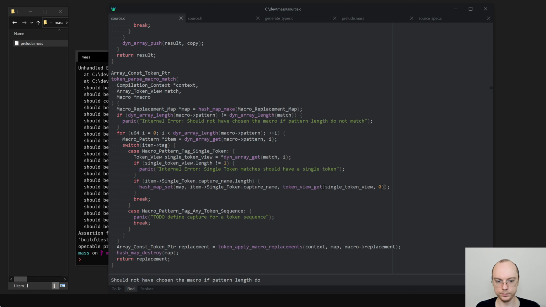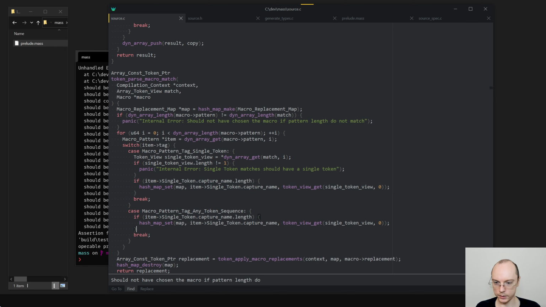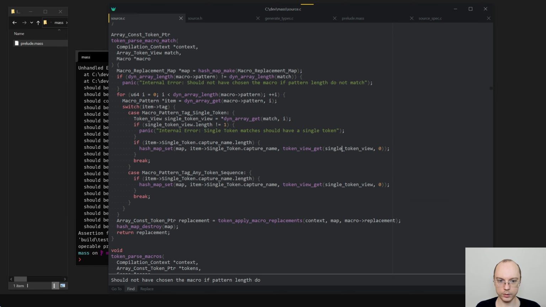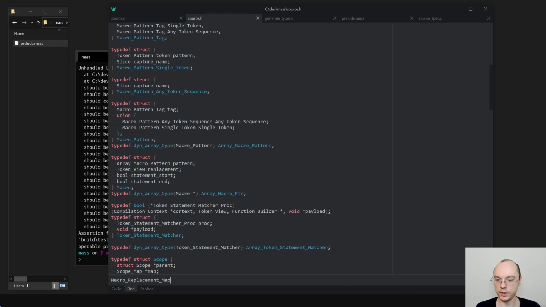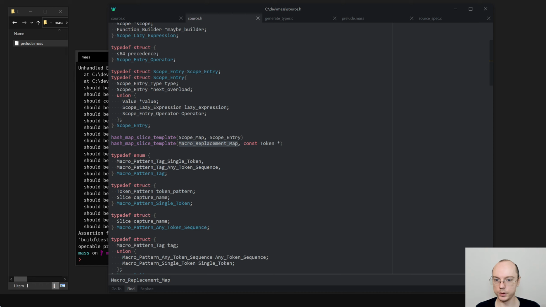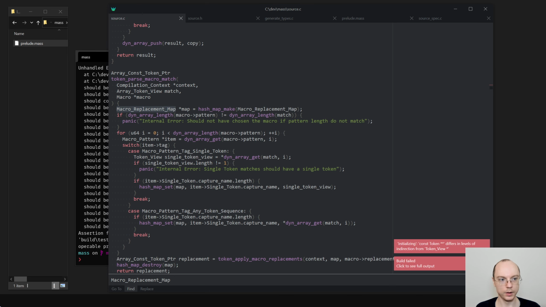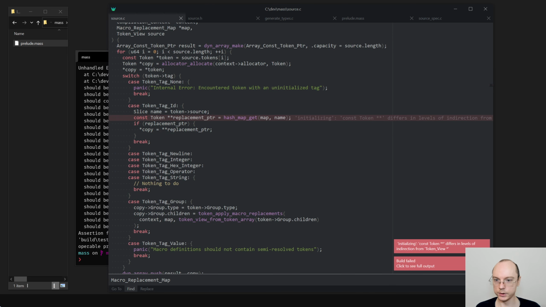I mean, that's okay. And that needs to go into here, but we will not get the token. We will just say that you get this stuff, and we will need to change this hash map to be something else. Macro replacement map, where are you? Macro replacement map, you replace it to token, but you will be replacing to token view. Will cause some issues, of course.